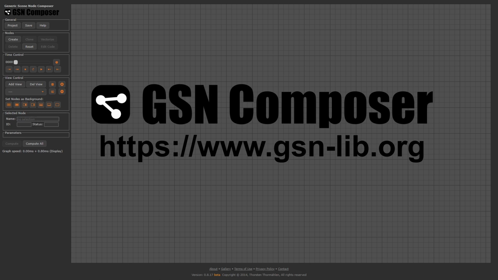To implement the required shaders, we use the GSN Composer at gsn-lib.org as a shader editor. The GSN Composer is a web-based tool that I created especially for teaching shader programming. But you can use any other shader editor as well. We are writing pure OpenGL GLSL code which you can use everywhere. Links to examples that execute the same shader code using C++ or Java can be found in the video description.